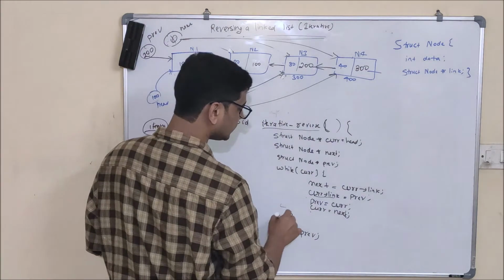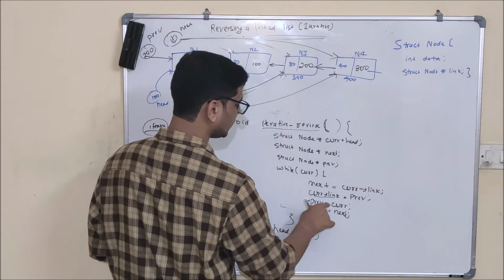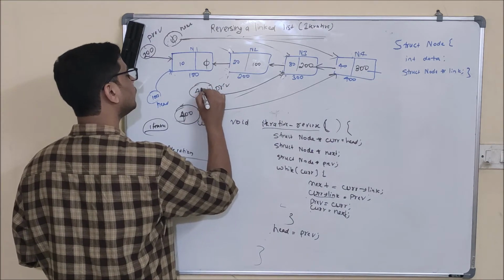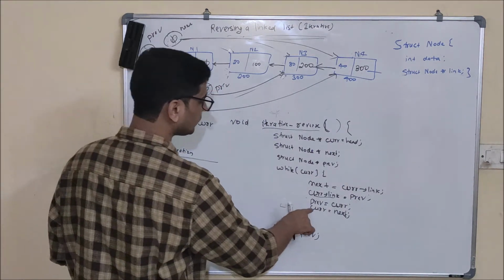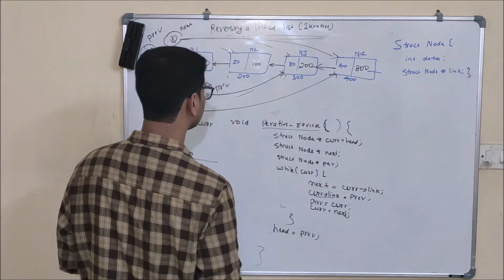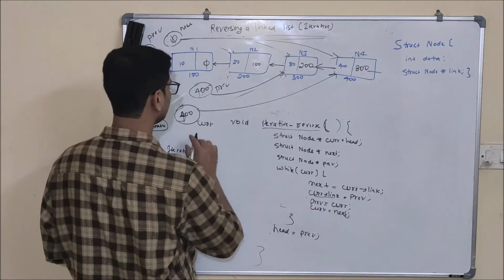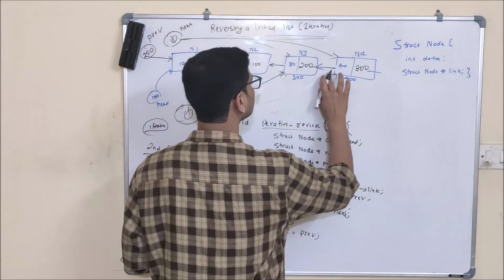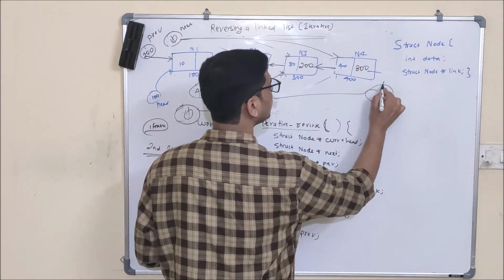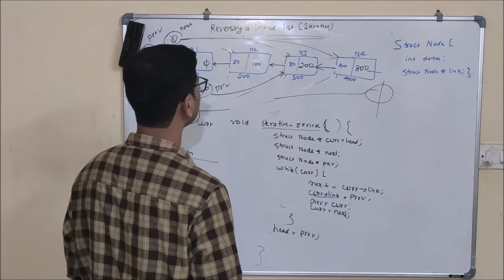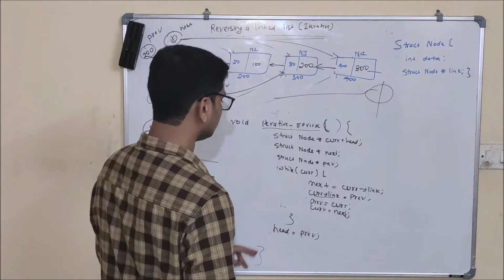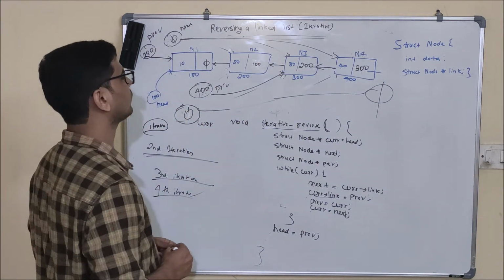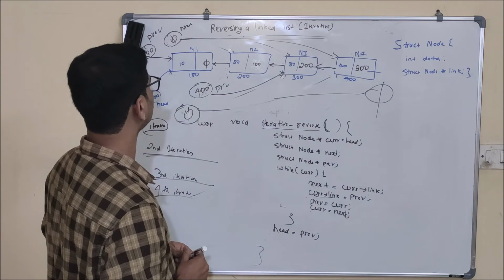And after that these 2 lines will be executed. Previous will be equal to current. That is in previous we are going to put 400 here. Okay. And after that we are going to update current to next. And what is next? Null. So current will point to some null address. That is this will be broken and it will point to some null address. And after that this iteration will be over. Okay? Fourth iteration will be over. And after that we will come to fifth iteration.